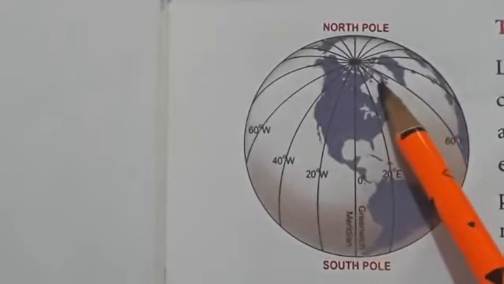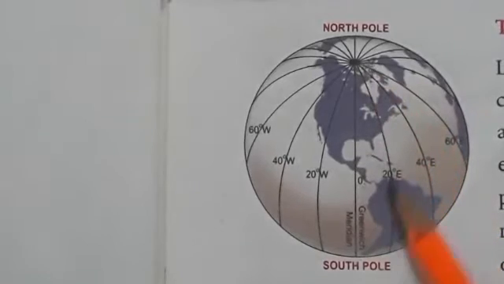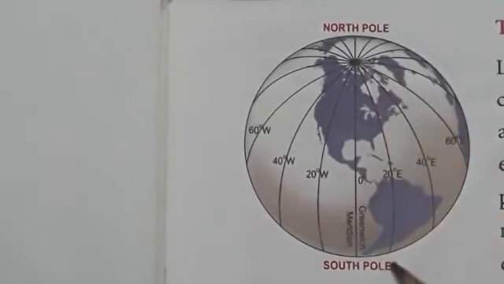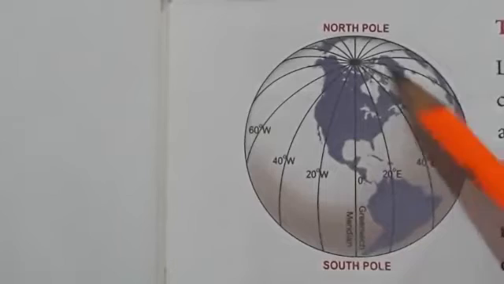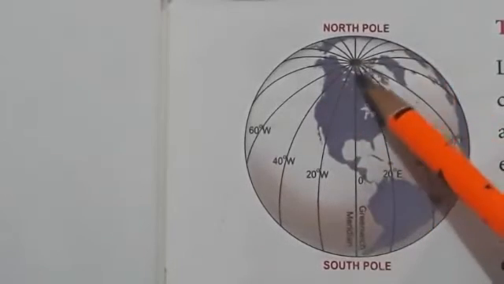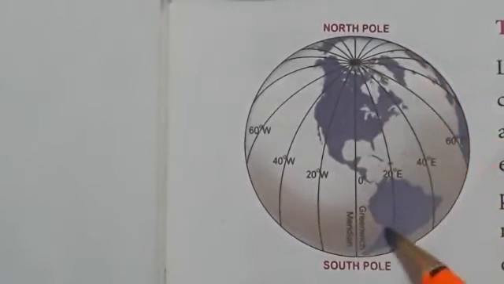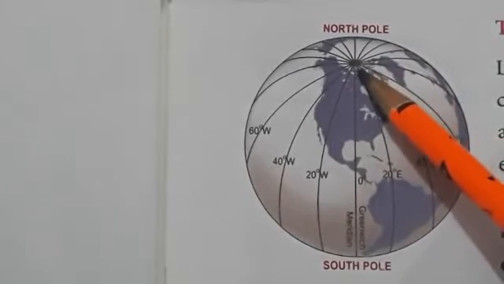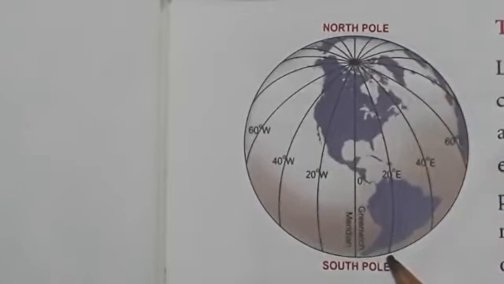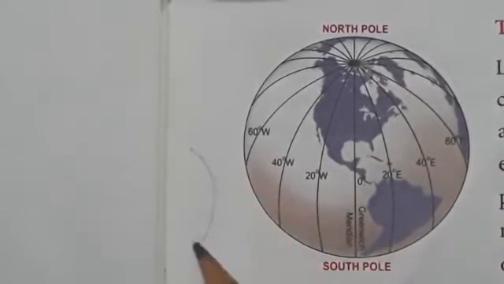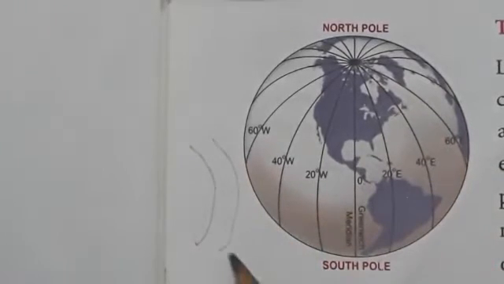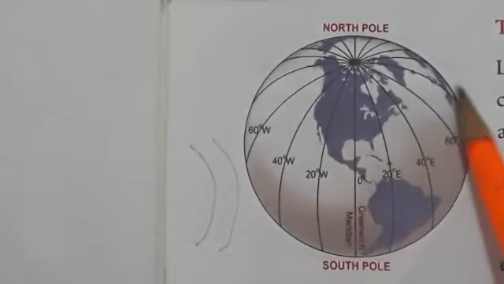Longitudes are imaginary lines around the earth connecting the North Pole and the South Pole. See, here you can see the lines around the earth which are connecting the North Pole and the South Pole. From the North Pole it starts and ends at the South Pole. They form a semicircle, like this, and they cannot make a circle like